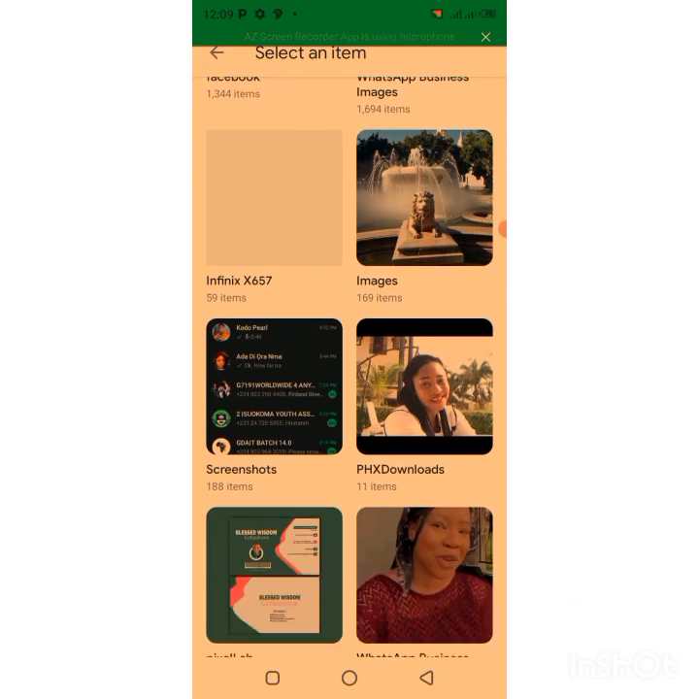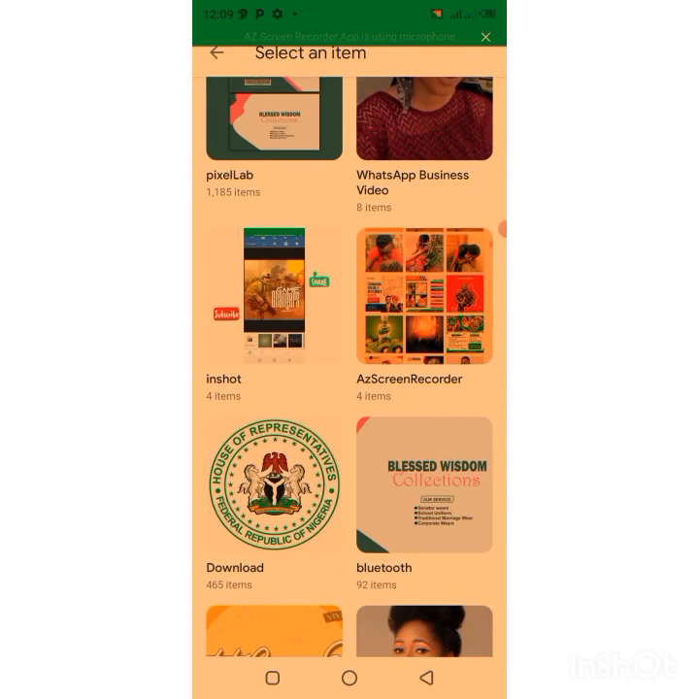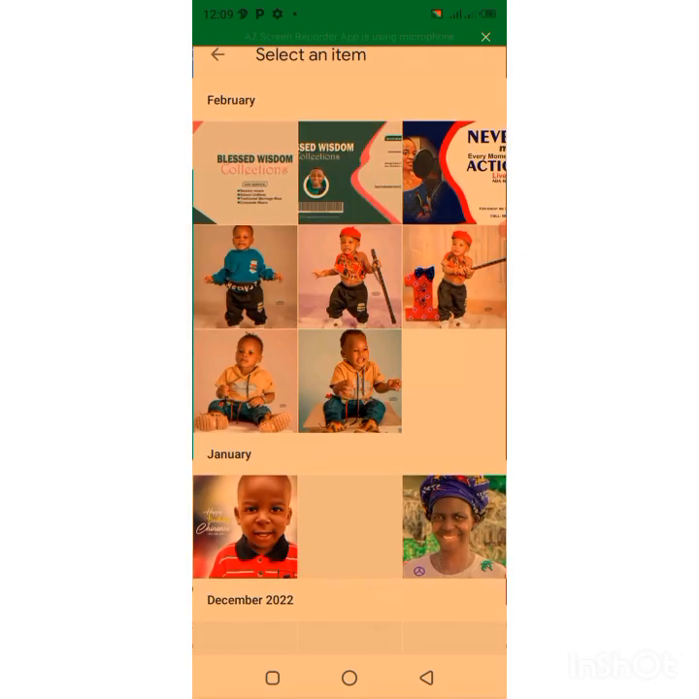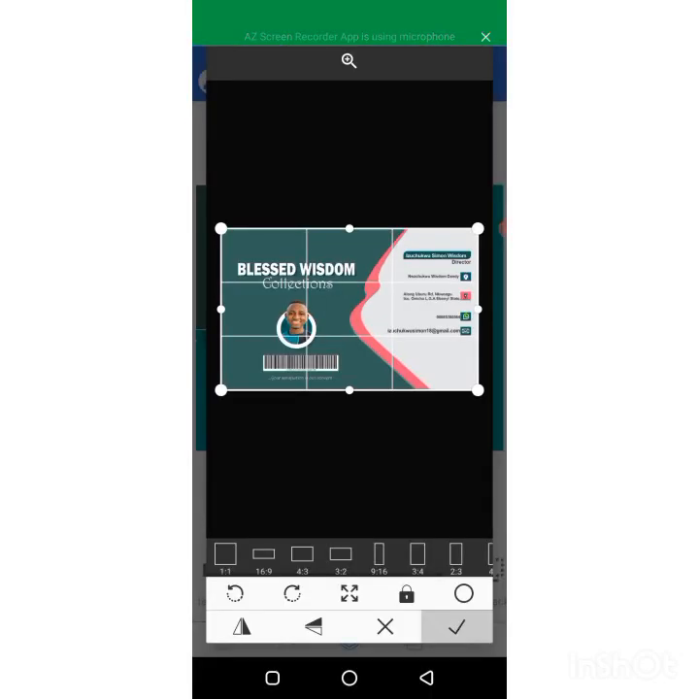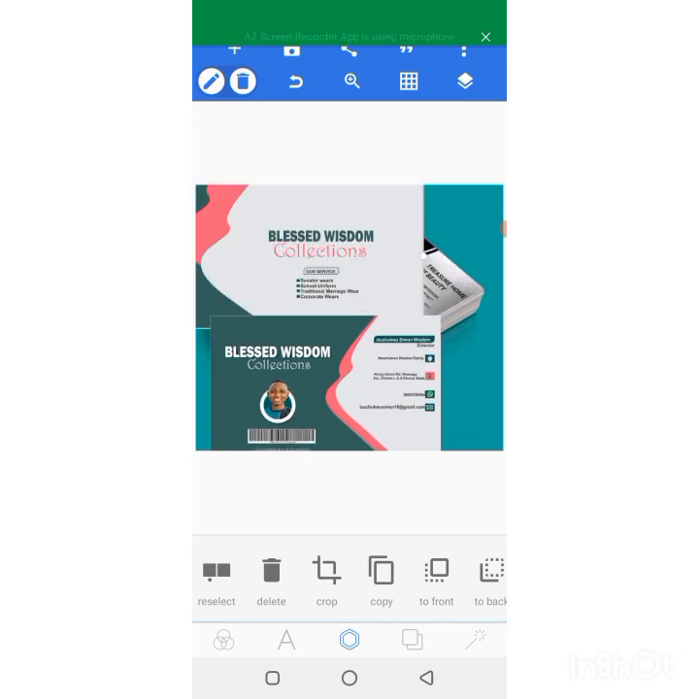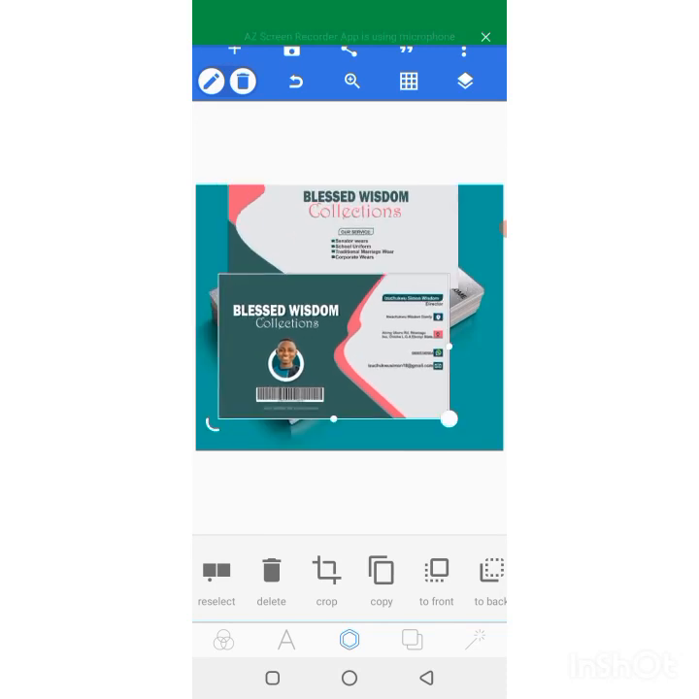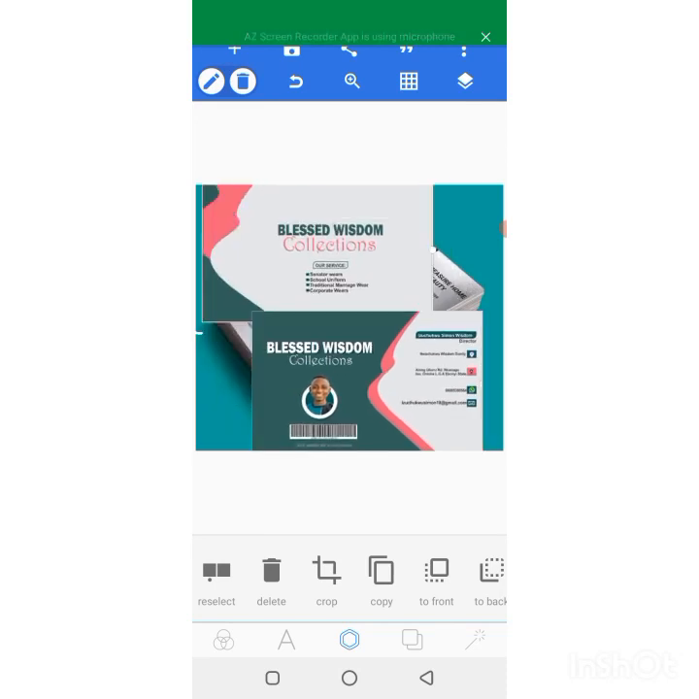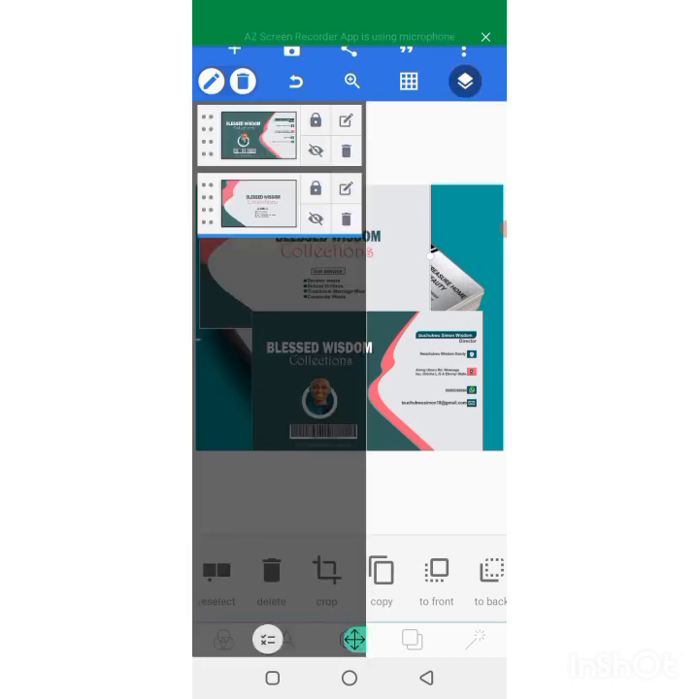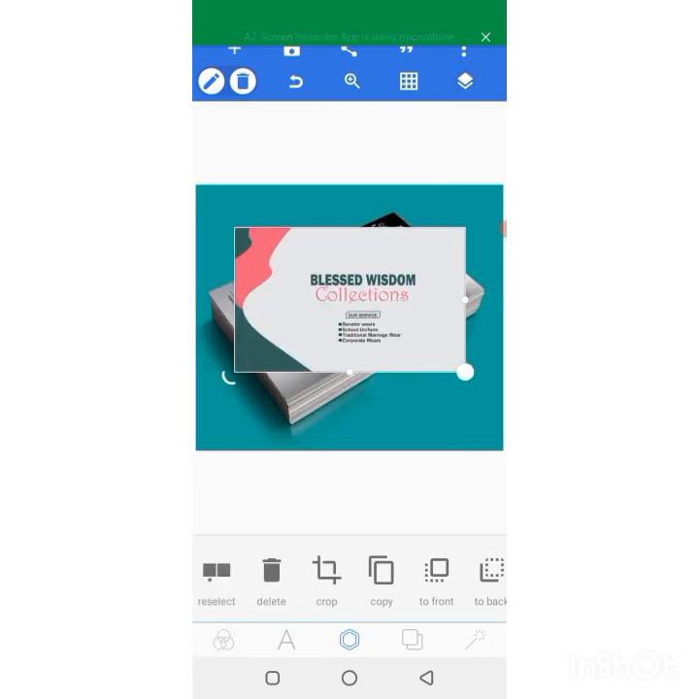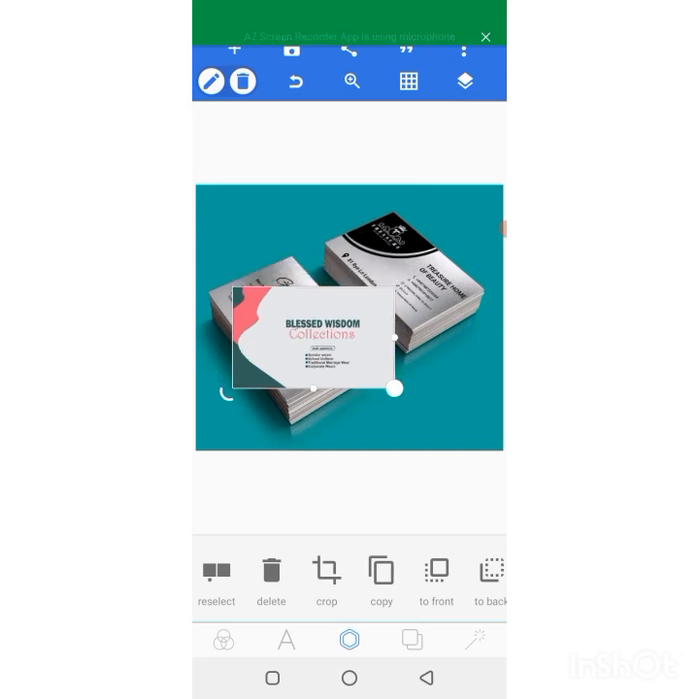Okay, so let me get the remaining one. This one. So this is cool now. So I will start with this one. Let me lock this one. Let me hide the one. Then this one is,